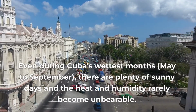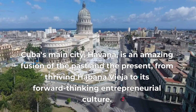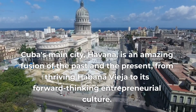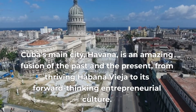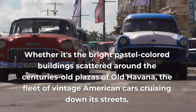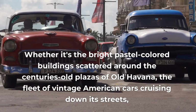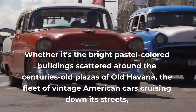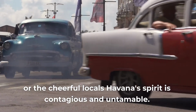Havana. Cuba's main city, Havana, is an amazing fusion of the past and the present. From thriving Habana Vieja to its forward-thinking entrepreneurial culture, whether it's the bright, pastel-colored buildings scattered around the centuries-old plazas of Old Havana, the fleet of vintage American cars cruising down its streets, or the colorful locals, Havana's spirit is